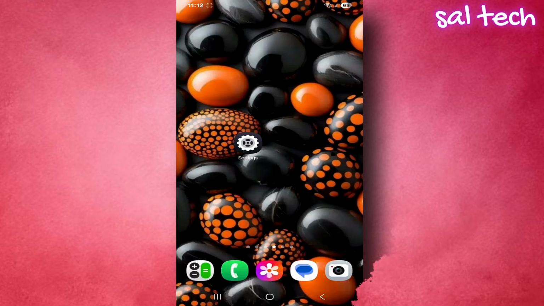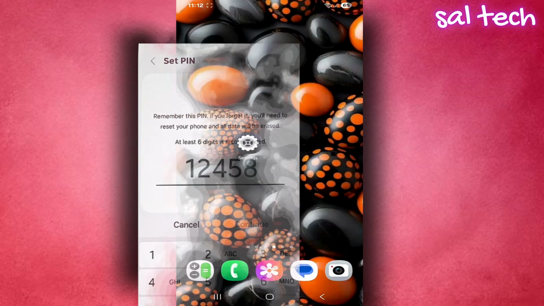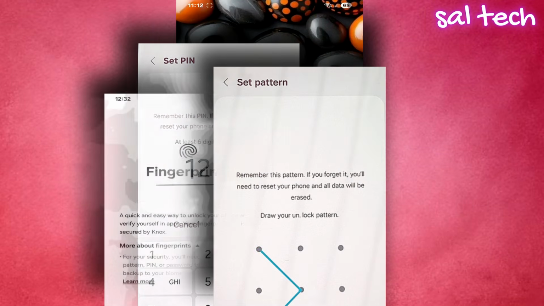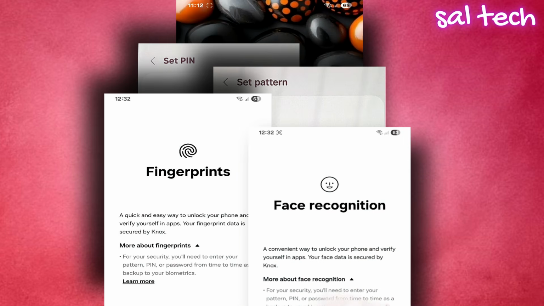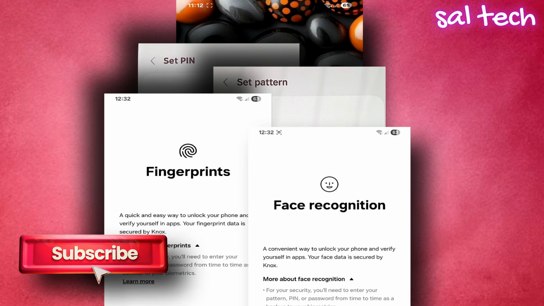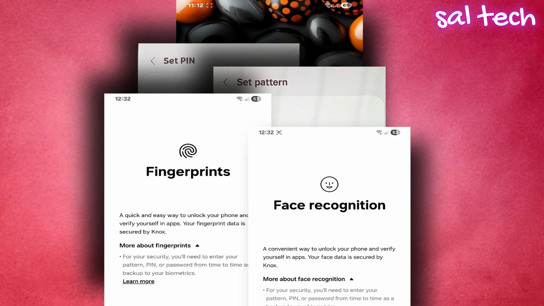Many people think their phone is safe just because they use a password or fingerprint. But the truth is, there are much deeper security settings available on modern Samsung phones, One UI. These are settings that many people don't know about. And if you enable them, they can make a huge difference in protecting your data and privacy from any hacking